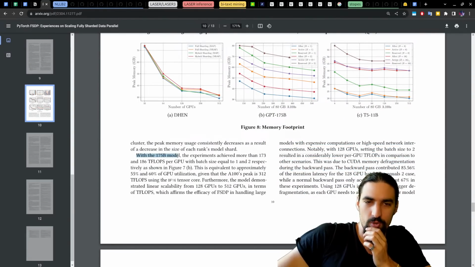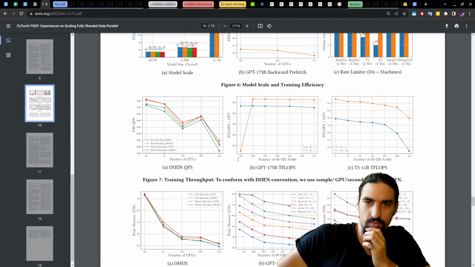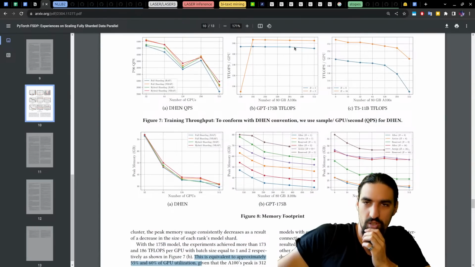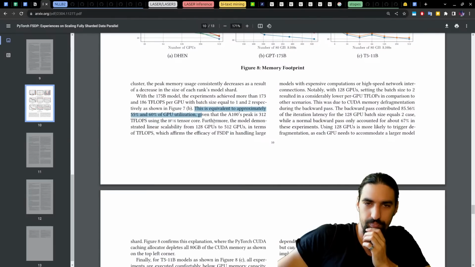Okay, with the 175 billion model, the experiments achieved more than 173 and 186, which we can see here. This is equivalent to approximately 55 and 60%. That's a good utilization because you can never reach the peak.